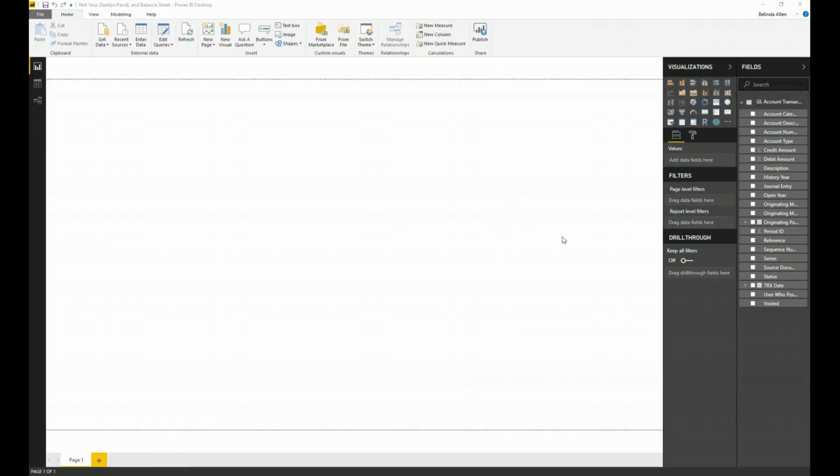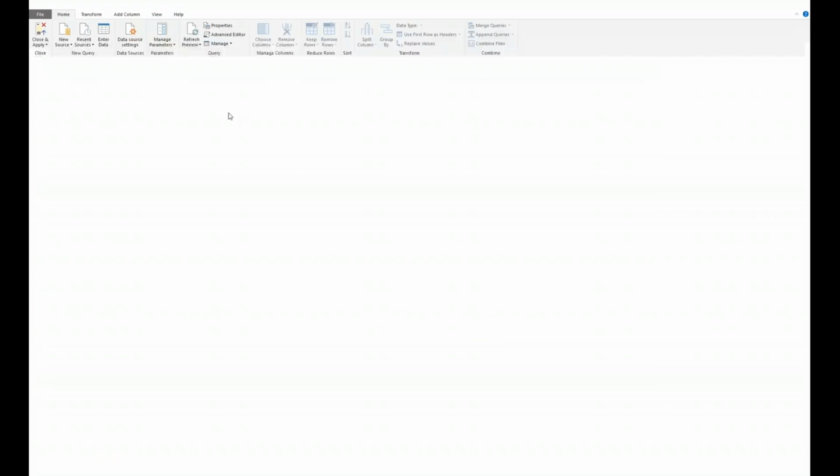So the first thing I want to do is I'm looking at Power BI Desktop, if you've never worked in Power BI before. You can download Power BI Desktop for free and use it for free. And this is where we're going to spend all of our time today. We're not going to go in and look at anything inside of the Power BI service because this is all about the building. So what I'm going to do is just go into Query Editor for a moment.